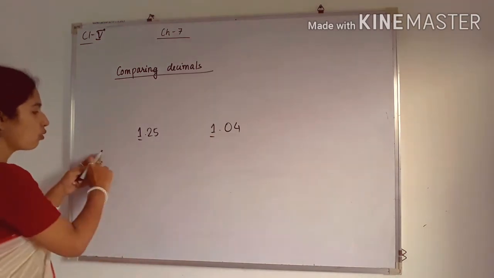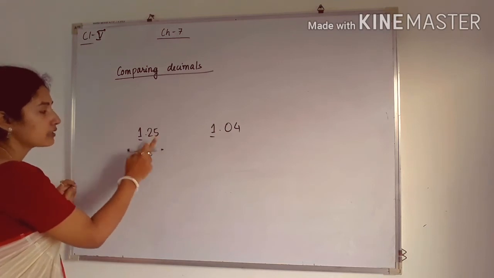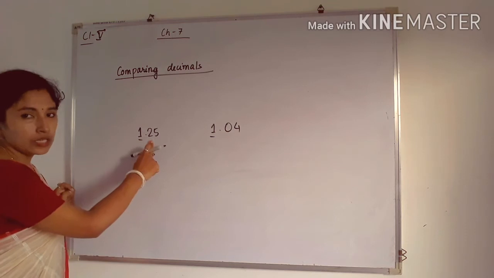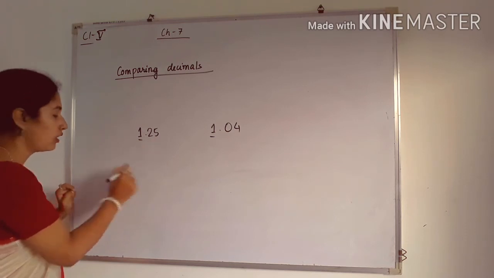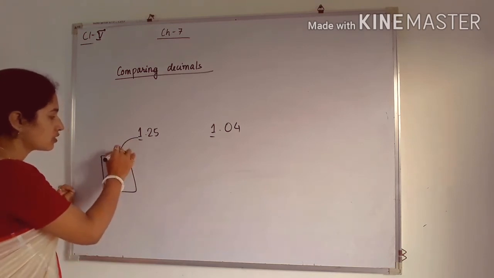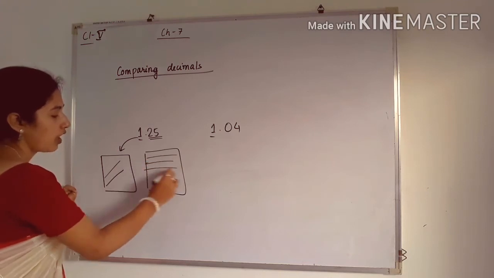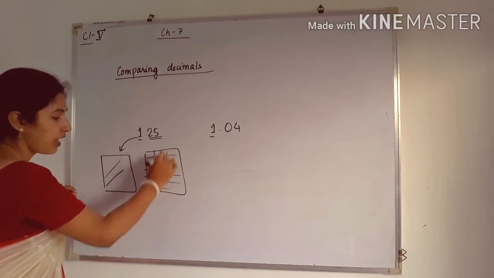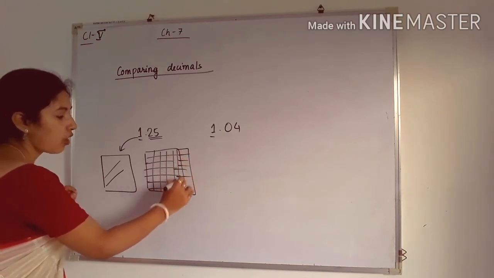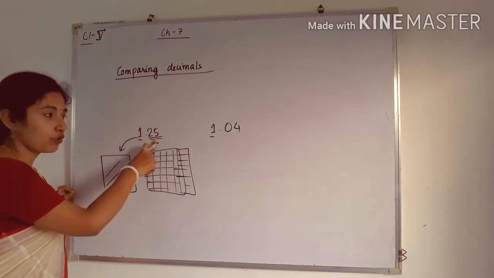So there is one whole, and in another, the second whole, I have divided into 100 equal parts because there are 2 digits. So the diagram will be like this. See, this is one whole. So this is 1, so 2, 5. That means I have divided into how many parts? Yes, this will be 100 equal parts. And out of 100 equal parts, I am shading how many parts of it? Yes, out of 100 equal parts, I am shading 25 out of it.